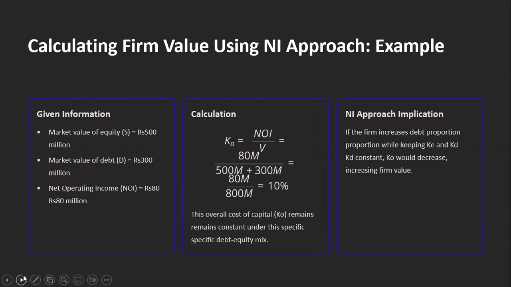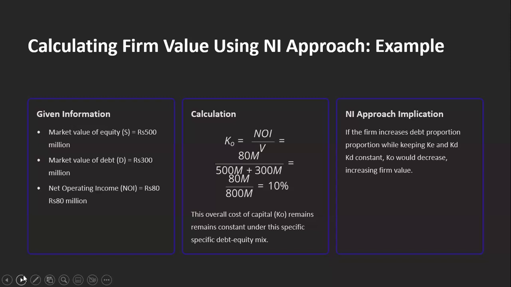Let's take an example. Market value of equity is 500 and debt is 300. Please remember, this cannot always be the situation. It can be the reverse way. The debt value can be 500 and equity can be 300. But because the basic assumption of this theory is that cost of equity is higher, we consider equity high value. So our operating income is 80. Then in that case, net operating income, that is a profit, divided by 500 plus 300, what I'm getting is cost of capital 10%.